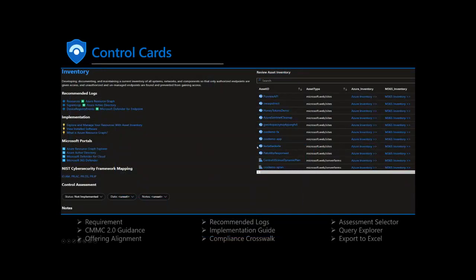The solution is really based off of control cards. And this is an example of a control card. I'll show more in the demo. Anything that is light blue that you can see here means it's a deep link. So at Microsoft, we have a very robust documentation store, which customers definitely take advantage of, but occasionally can have a difficult time finding the right documentation. And so